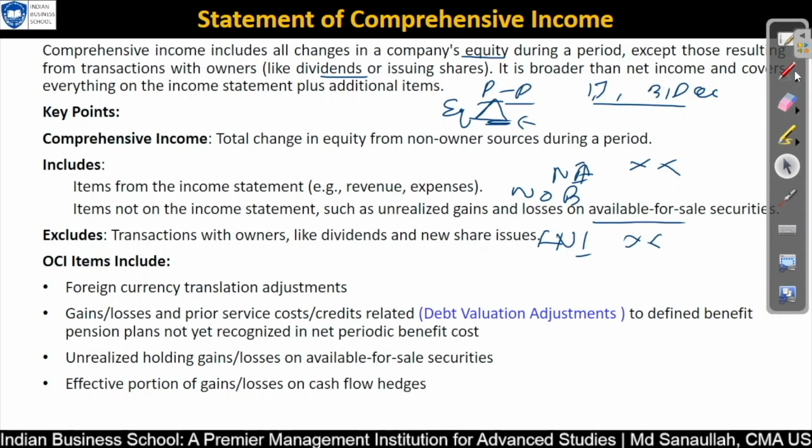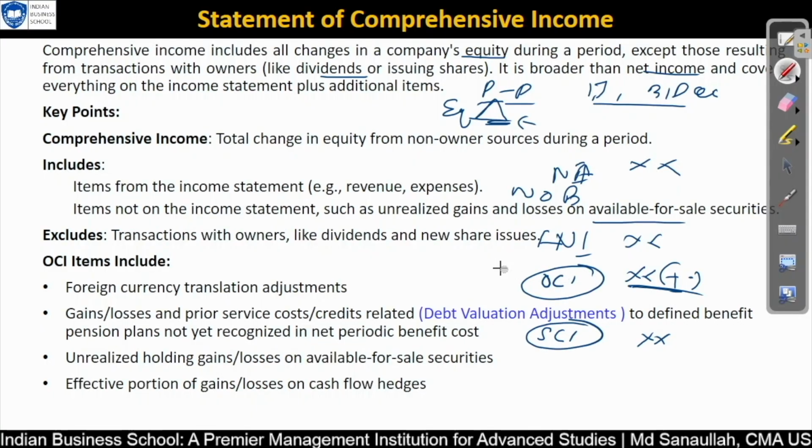That is why it is said net income is smaller compared to comprehensive income, because in OCI we add other comprehensive income, whatever plus or minus it may be, and then you get the value called the statement of comprehensive income. That is also something you need to be clear about. Whatever the plus or minus adjustment during the period, that is called other comprehensive income. When you combine both, net income plus OCI, that is called comprehensive income.